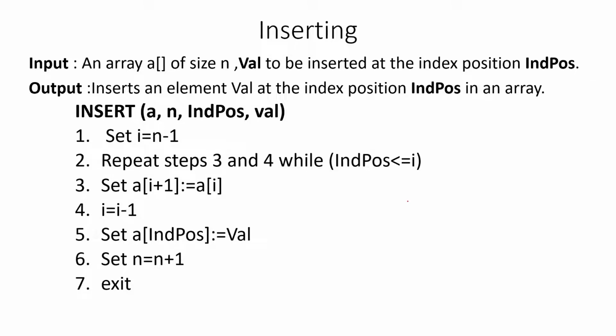And what are the steps we have to do in order to insert a new number? First, we have to shift the numbers to the next position to create a position to insert the new item, or new number. In arrays we will call it an item also. It is a number, meaning we are inserting a new number, and then after that we have to update the number of elements in the array, right?